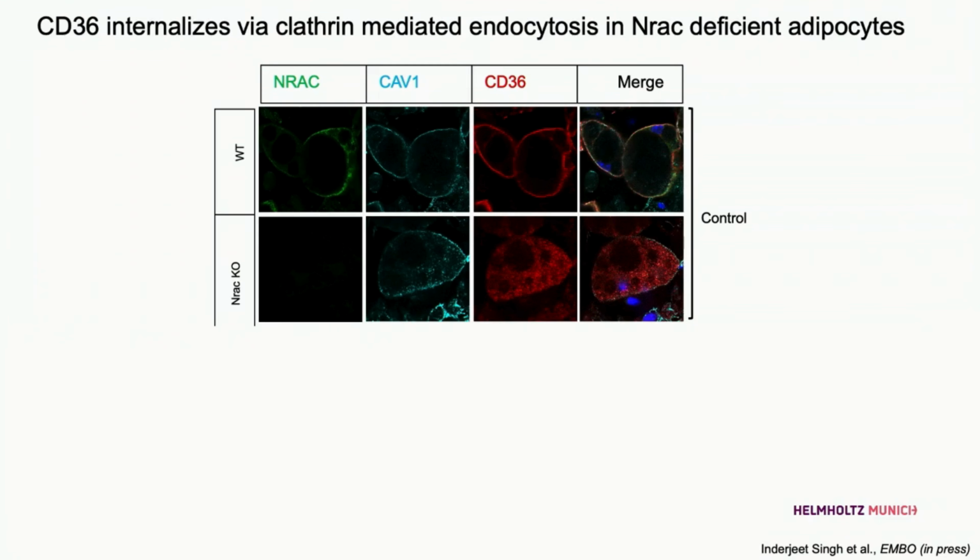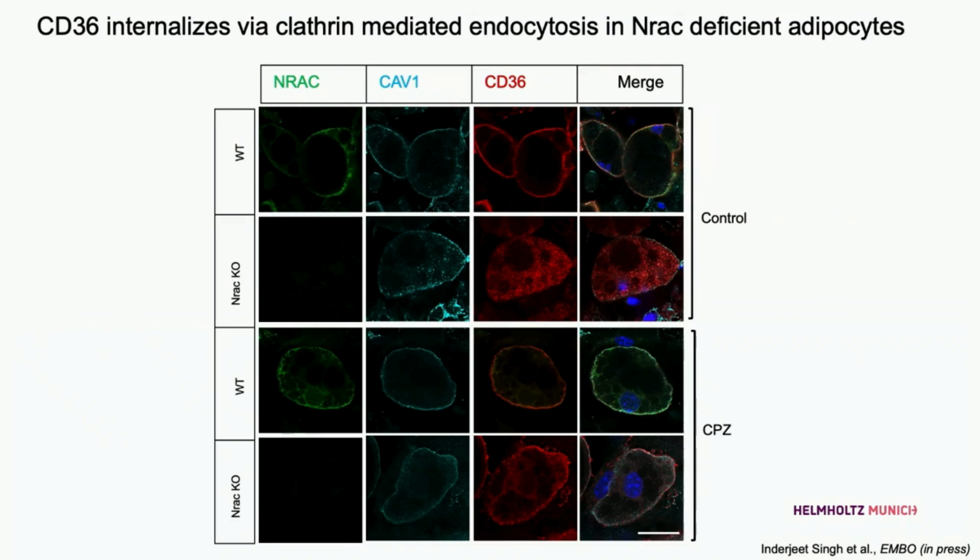Yeah? And we could also show this dissociation by immunoprecipitation and in other organs, but by the end of the day, what we could show is that when we inhibit clathrin-coated endocytosis using chlorpromazine, we could restore CD36 cell surface localization in the knockout, meaning that while in normal cells there's a caveolin-mediated endocytosis, when we knock out NREC, there's a shift from caveolin-mediated endocytosis to clathrin-mediated endocytosis, which is known to have a higher turnover, which you can also see because there's more intracellular CD36.